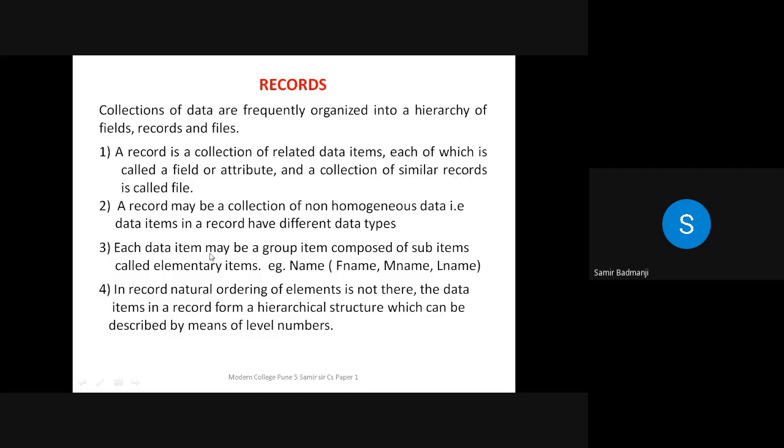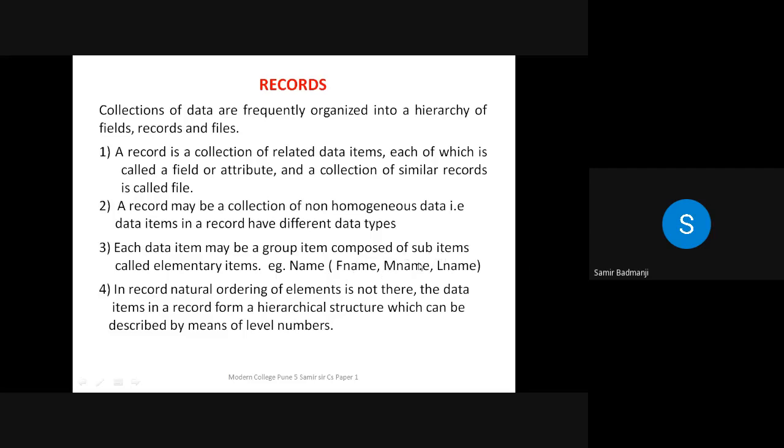Now each data item may be a group item, composed of sub items called elementary items. See, name is a group item because it can be further decomposed into 3 more fields. Usually you write your first name, middle name, and last name, so while storing this in a record, 3 different fields are required.